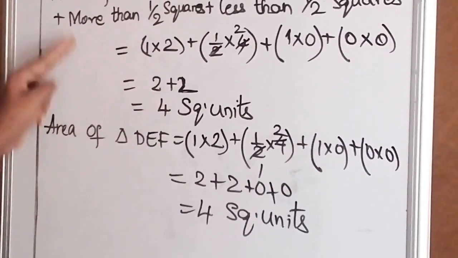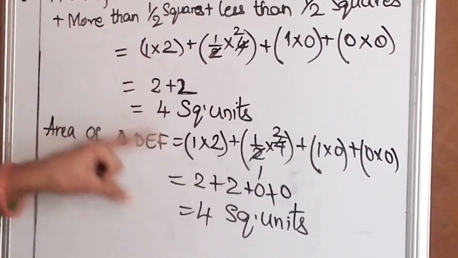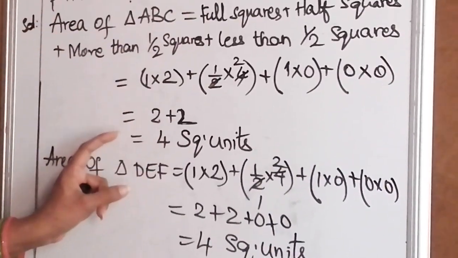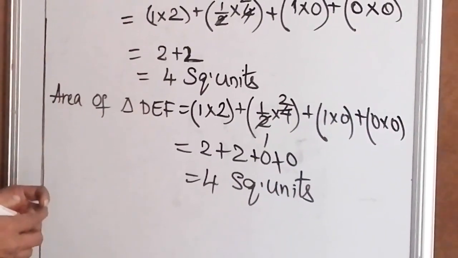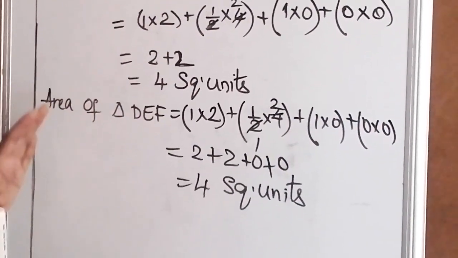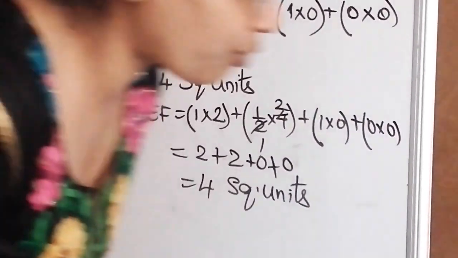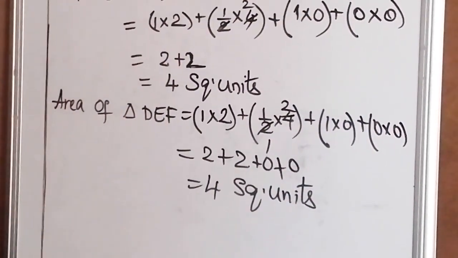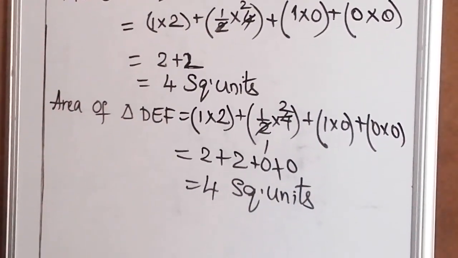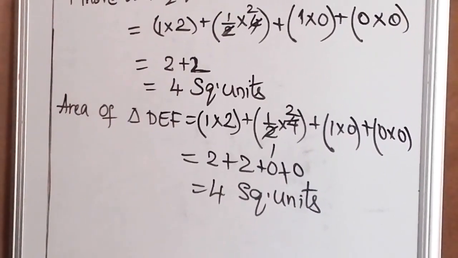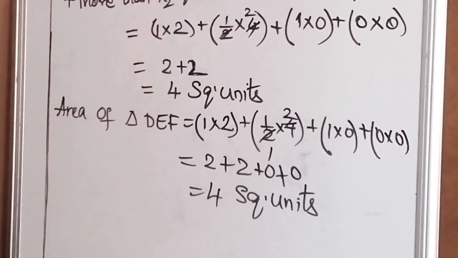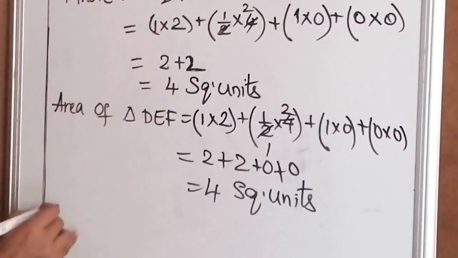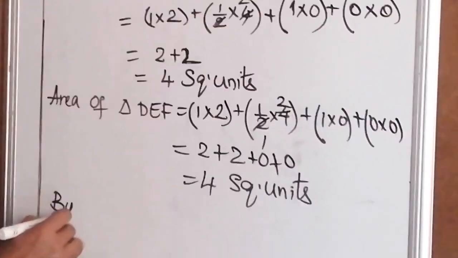Two triangles of the same area. We have proved that the areas of these two triangles are the same. Now let us see. They also asked us about the perimeter of these congruent triangles. Perimeter, what is the formula or how do you measure the perimeter? Perimeter, you know that it is the sum of all sides. So now let us use CPCT.